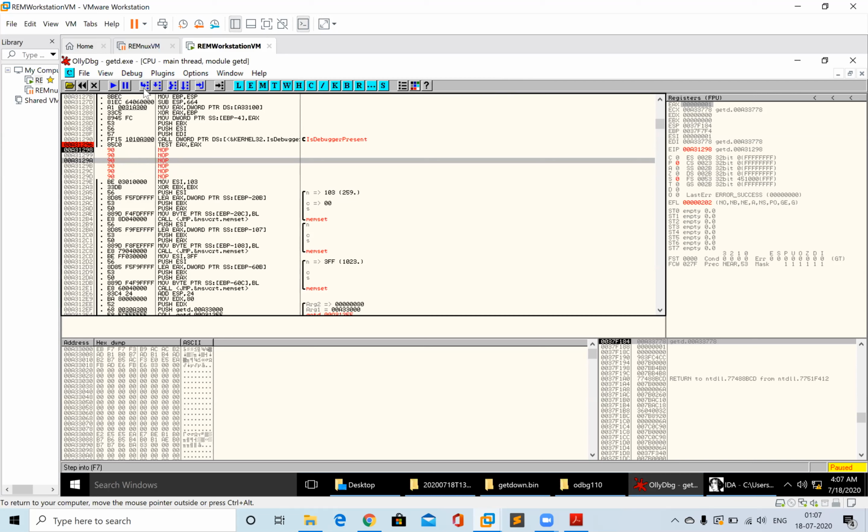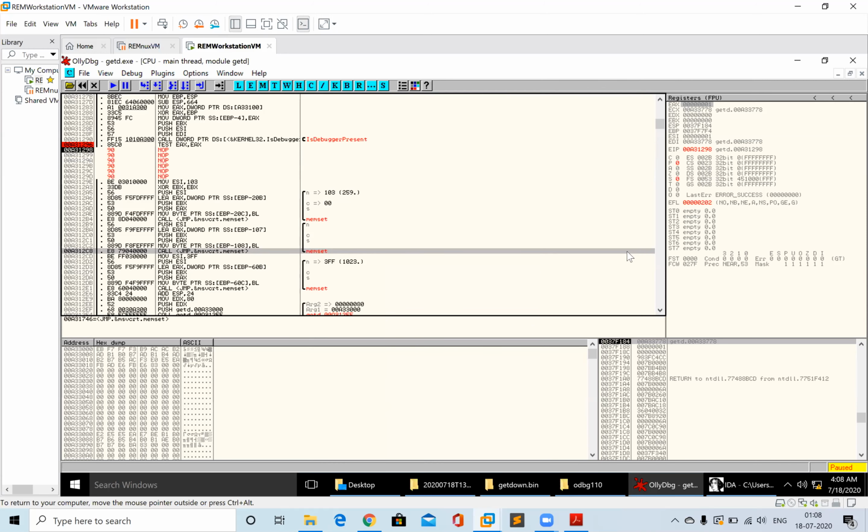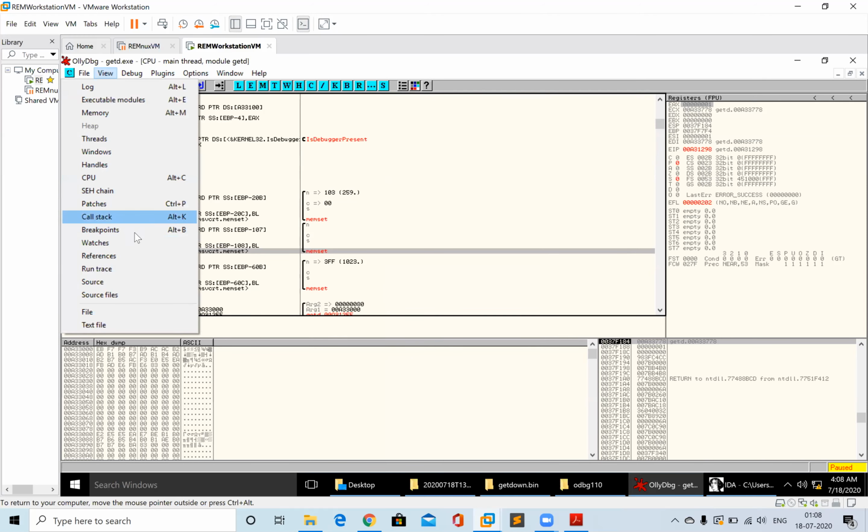Now if I execute that, even if this malware is running inside a debugger, the malware won't be able to detect whether it is running inside a debugger or not. So that is one thing you can use. But there is also something else that can help: you can also save this patched one in a new executable. And to do that, what you can also do is,